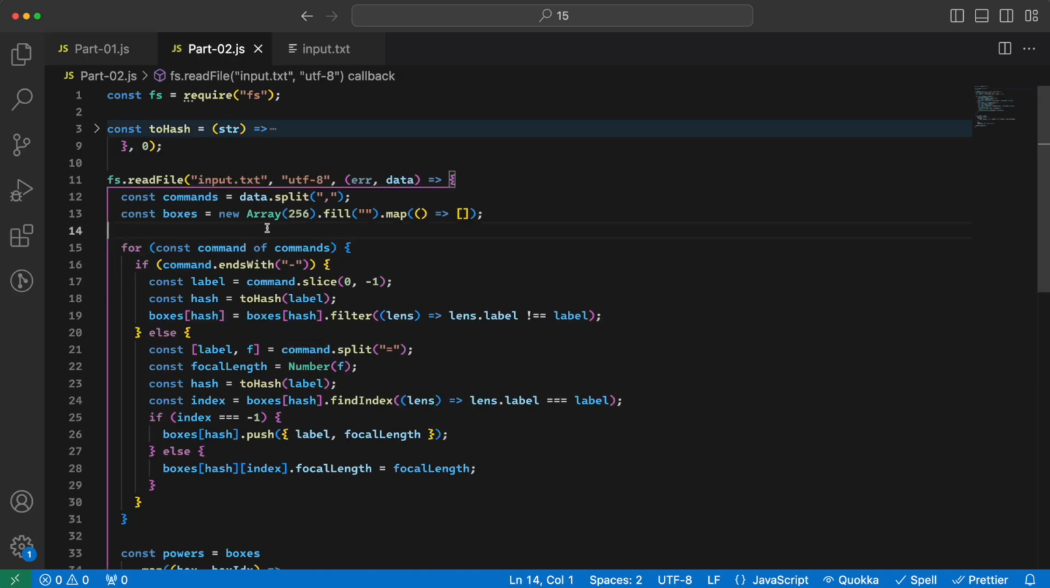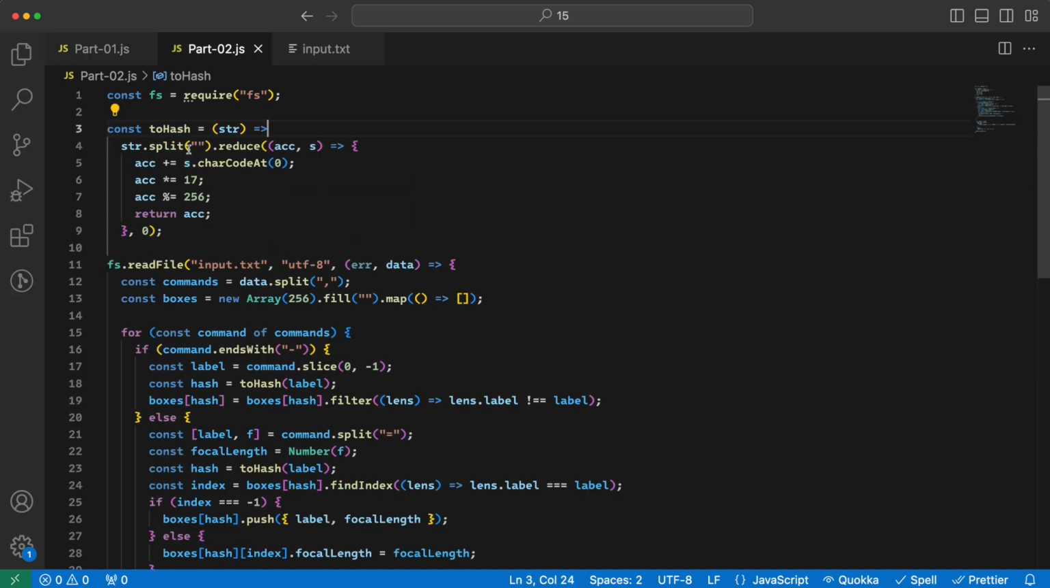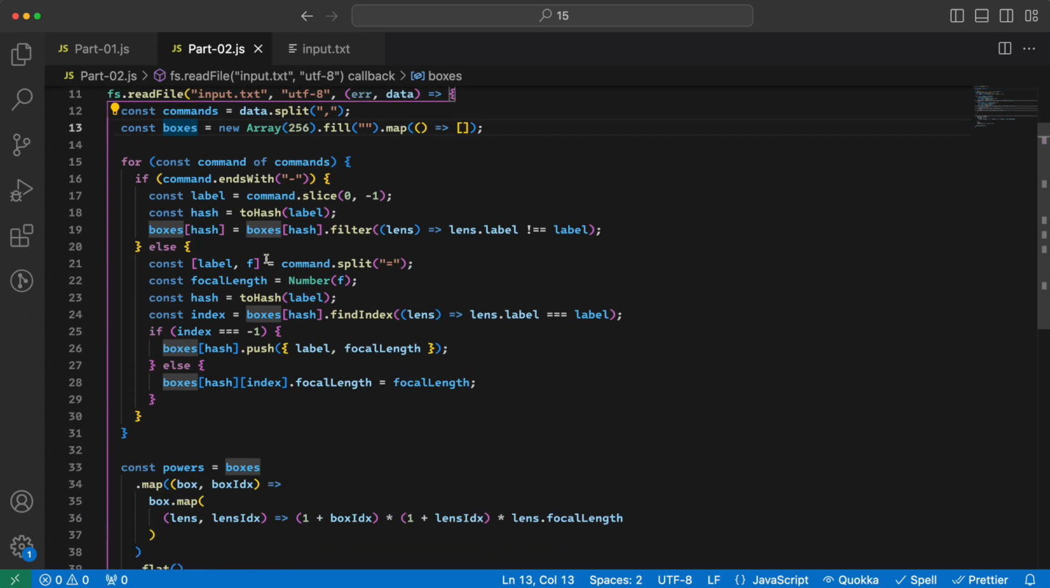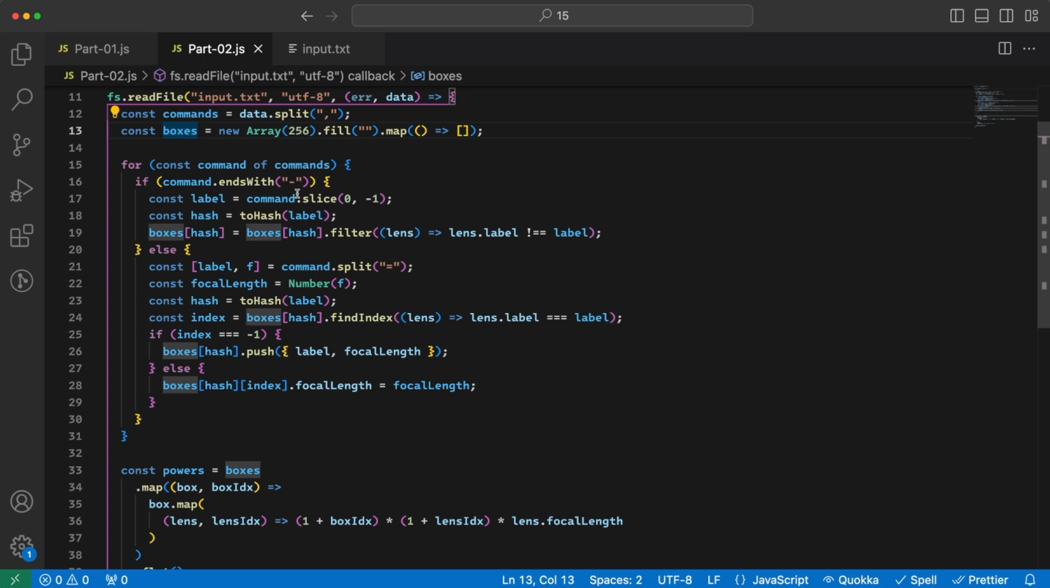For part 2, the converting to hash is the same thing, so we don't cover it anymore. We split it the same way and we get the commands this time. I label it command so that we know that each part is a command. And in the beginning we have boxes that are all empty, so we provide the new array of 256 and then map to a new empty array. Then for each of the commands, either it